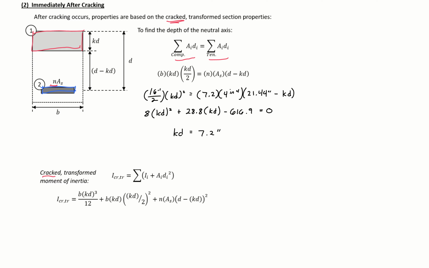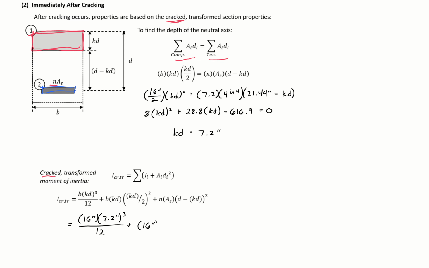And again, we're going to use the parallel axis theorem to sum all of our I components for the different components of our cross-section, plus Ad squared. And we'll again neglect the I component for our steel. So plugging in our KD to our I cracked transformed expression, we'll have 16 inches times our KD, 7.2, to the third, divided by 12, plus